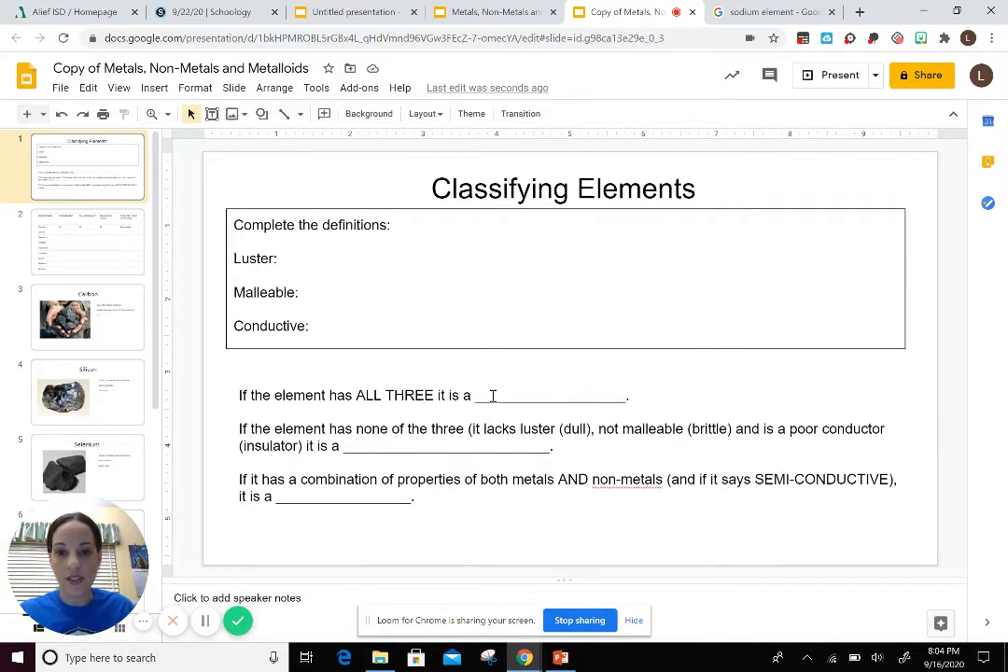If an element has all 3 of these properties, luster, malleable, and conductive, it is a metal. If an element has none of the 3, that means it lacks luster, which means it's dull. It is not malleable, which means it's brittle. And it is a poor conductor, which means it's an insulator. It is a